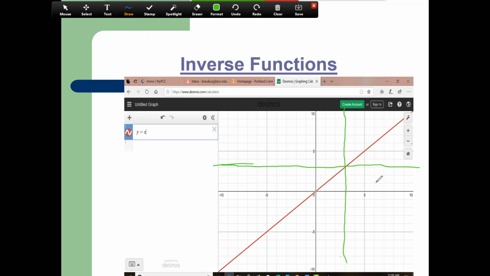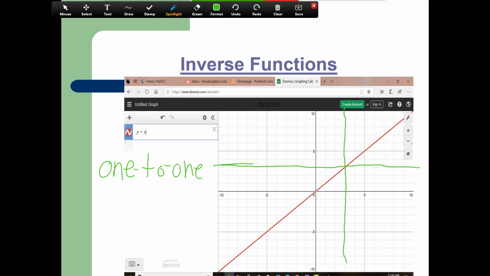When you pass both a vertical and a horizontal line test, that's what's called one-to-one. In order for a function to have an inverse, it has to be one-to-one. In order to be one-to-one, you have to pass both a vertical and a horizontal line test. Now that little shape that kind of looked like half a parabola that I sketched in, that was only half